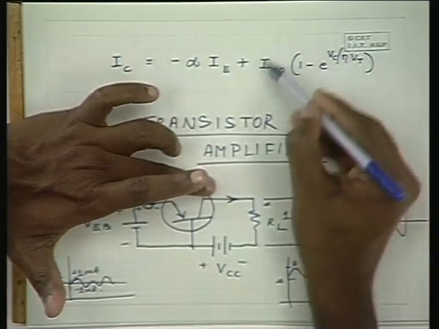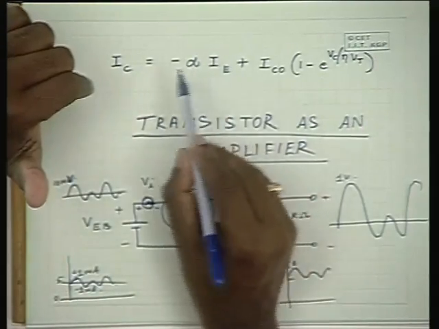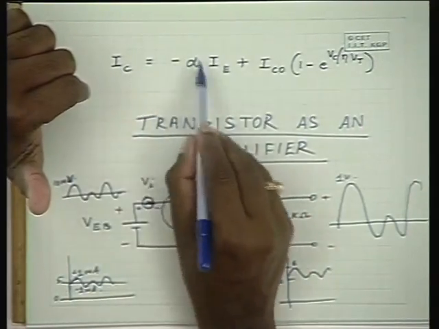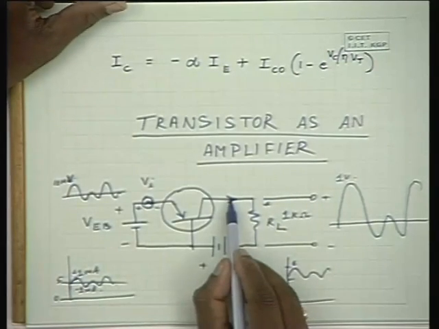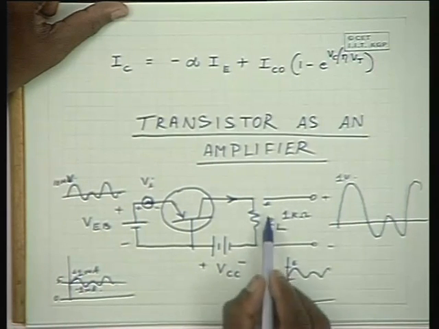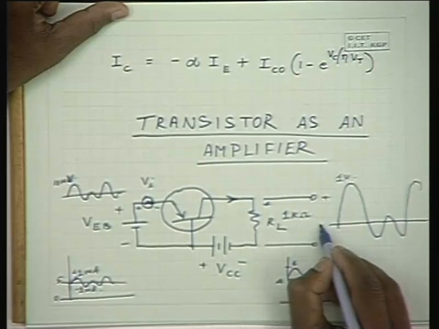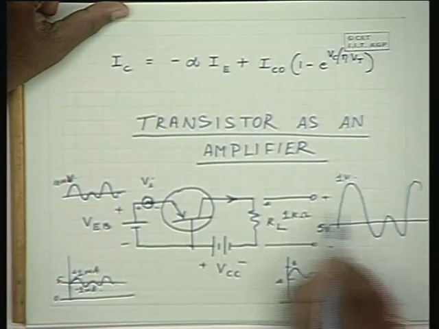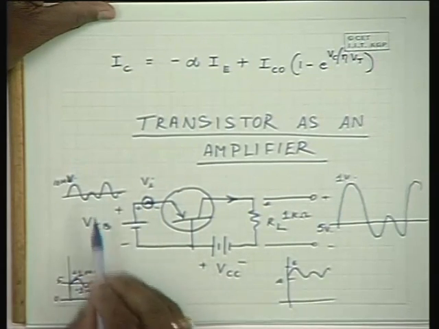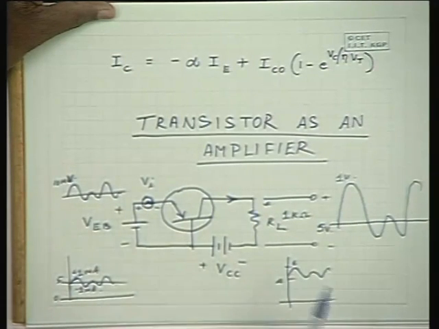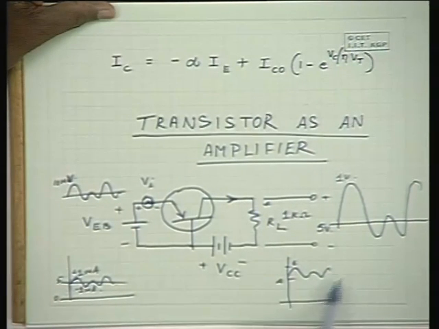I am neglecting the reverse saturation current, in which case the collector current is almost 98% of the emitter current. So that is approximately 5 milliamperes, and dropping across this 1 kilo ohm resistance, you will find 5 volts at the output of RL. Now when this alternating component is introduced into the collector current,